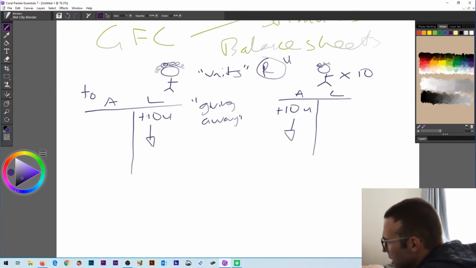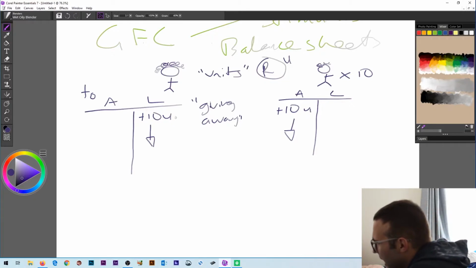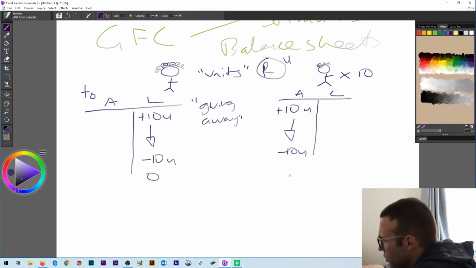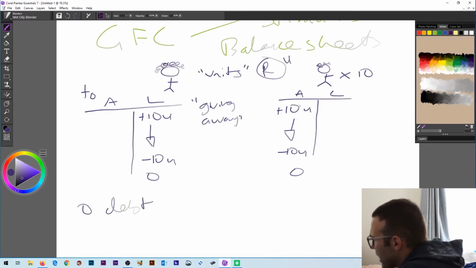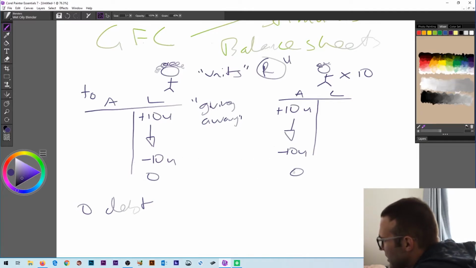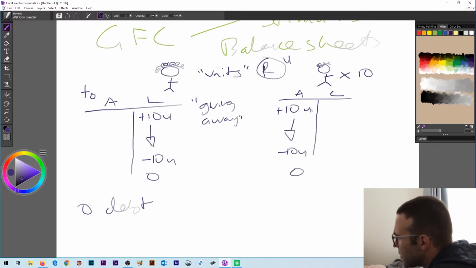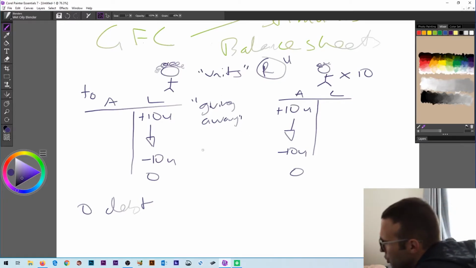The other important feature of having your assets and your liabilities here is that you could tax everyone. You could get tired of having plus 10U on the liability side of your balance sheet. You could tax everyone and go minus 10U, and it goes down to 0 again. And that equals literally zero debt, because these U are your debt. It's something that you owe to everyone else. But when these go down to 0, economic activity also goes down to 0, because economic activity can only happen with your units.